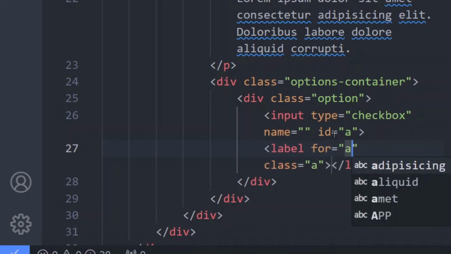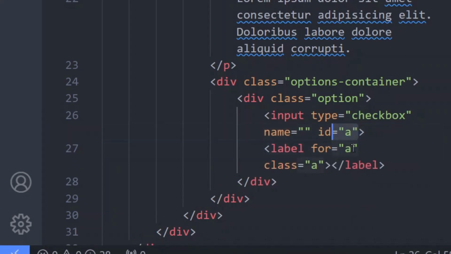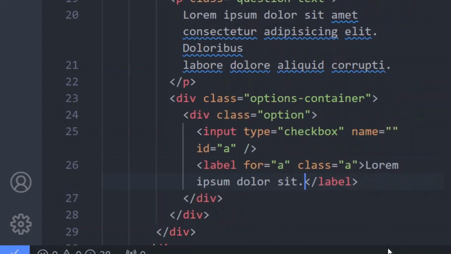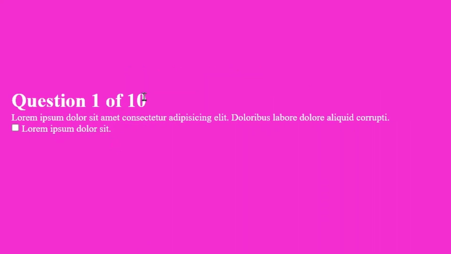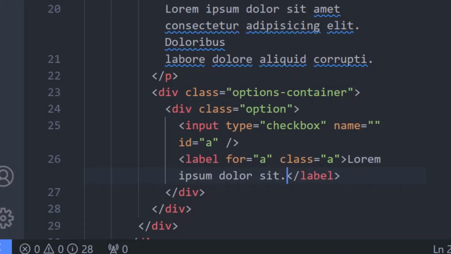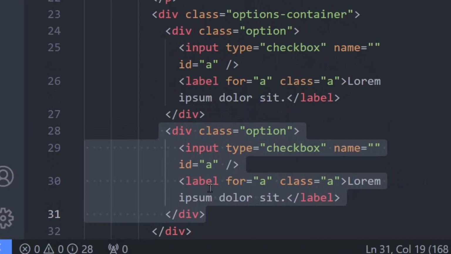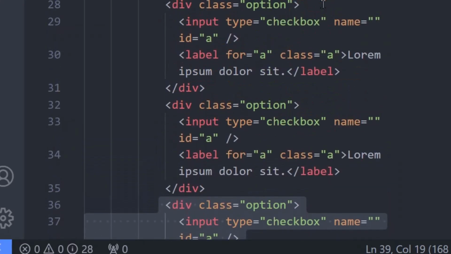This for here targets the ID, okay, so that once we click on the text inside of the label, it can check or uncheck the checkbox. Okay, so let me give some random text of about 4 words, okay, and then see. So now let's see. All right, so I'll duplicate it 3 more times, 1 2 3, and then I'll change